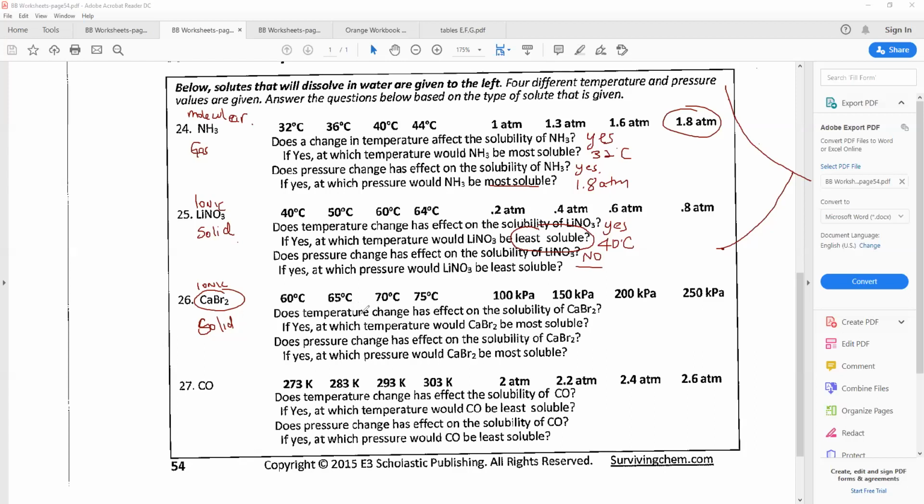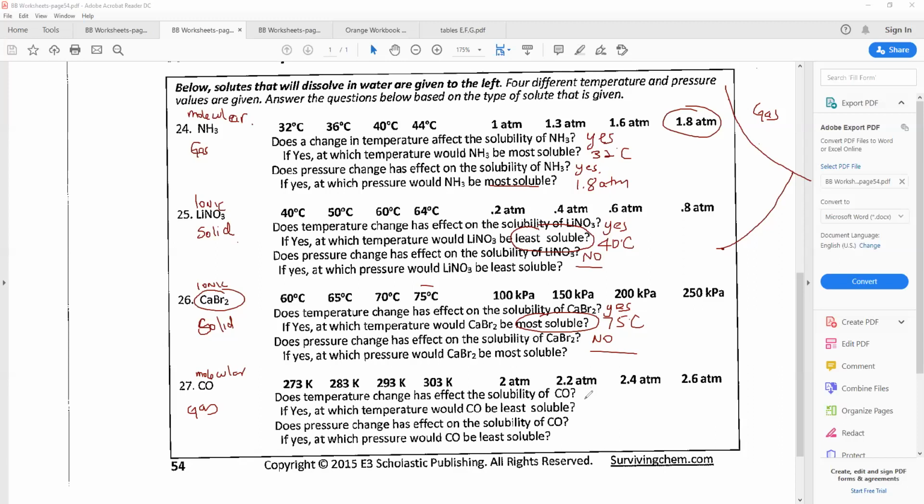Yes. The higher the temperature, the greater the solubility. So which way is it more soluble? At a higher temperature, 75 degrees Celsius. Does the pressure have effect? No, it's a solid. Pressure has no effect. Carbon monoxide is molecular. It's a gas. Does the pressure affect? So if it's a gas, we see that as the temperature increases, the solubility